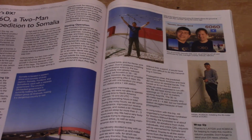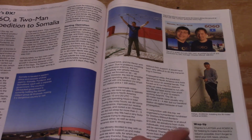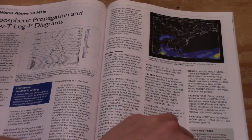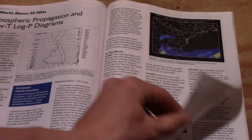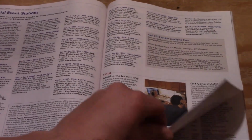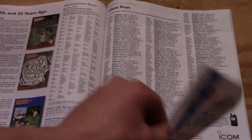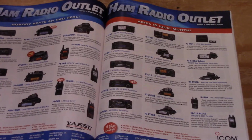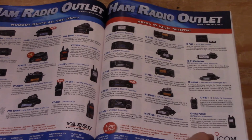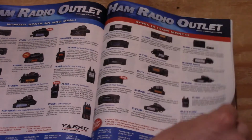Hal's DX column is talking about 6060, a two-man DXpedition, and just kind of reviewing their trip, which went very smoothly and had good results. Not going to tell you anything about an outdated tropospheric propagation, and then the special events stations and stuff like that. We jump into the advertisements, but then, and only then, in the midst of all these products for sale,